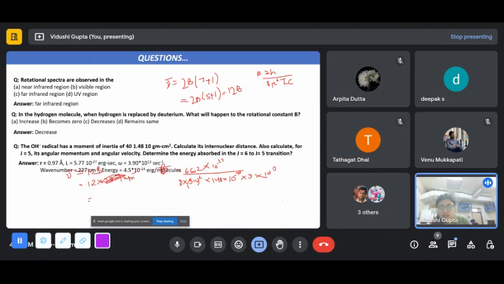Not here, it will be directly, after substituting, 227 centimeter inverse. Now you know energy is equal to